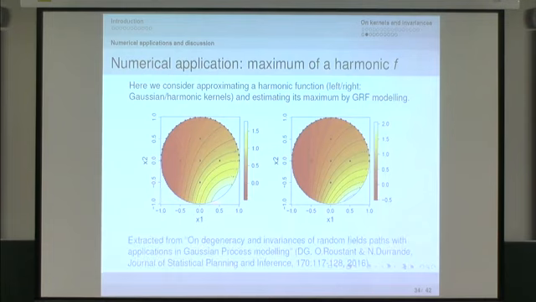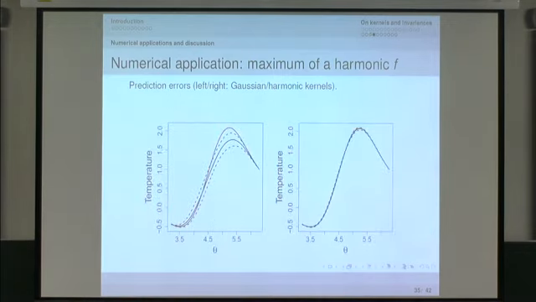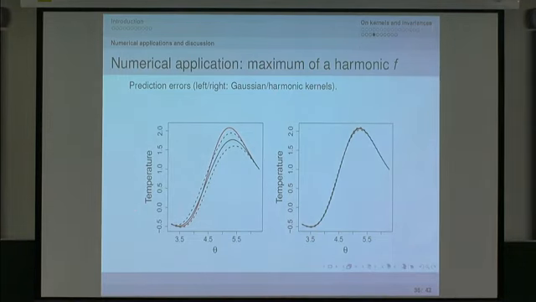So basically, on the left, we consider a Gaussian kernel, and on the right, we consider a biharmonic kernel, and the realization has been generated so as to be harmonic. So if you look at the prediction error, it's a bit unfair because, of course, the function is harmonic, so you do better with a kernel that incorporates the harmonicity. Okay, much better actually than with a Gaussian kernel. But what is more interesting is if you look at the reconstruction of the temperature profile at the bottom, then you have something that is almost perfect with the biharmonic kernel, where you have uncertainty that remains with the Gaussian